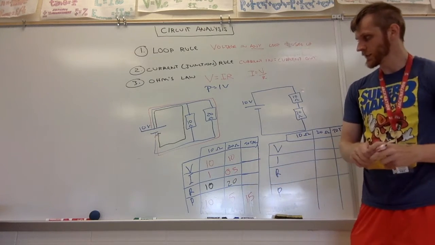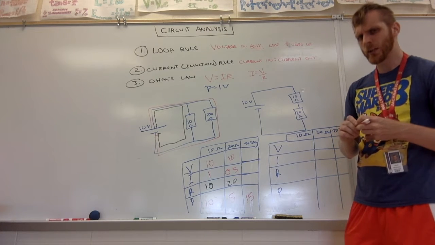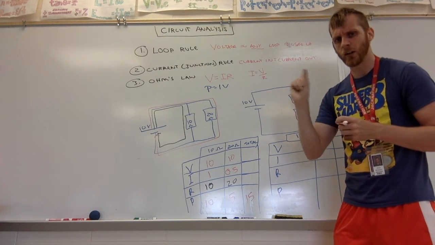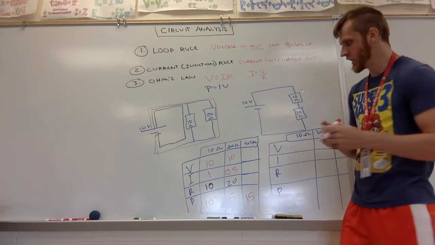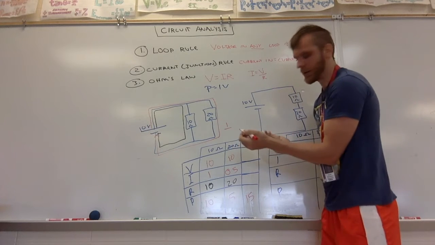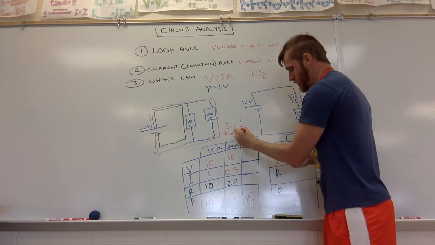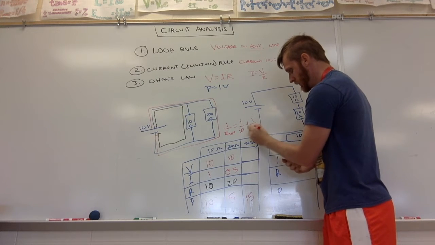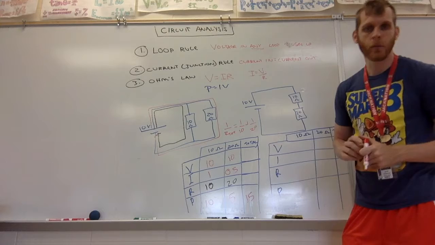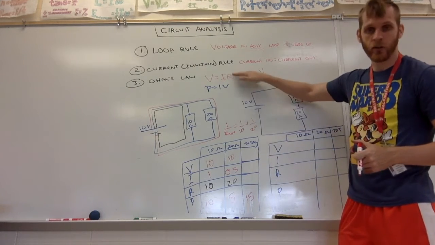The total resistance, this is kind of tricky. When the resistances are in parallel, you can't just add them up. What you have to do is the 1 over R deal. 1 over R total is equal to 1 over R1, which is 1 over 10, plus 1 over 20. Now, if you don't like doing that method, you can come back to it using one of these laws, because